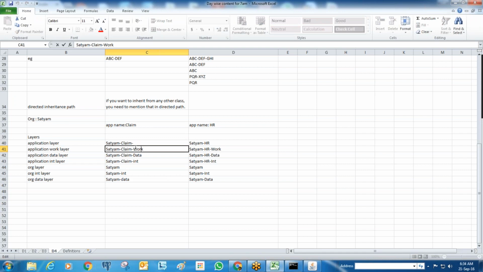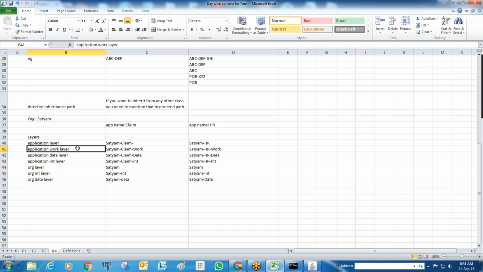Here also it's the same. The work layer. We have three layers, which are basically defined for different purposes. A layer is nothing but a class structure, pointing to one class only. It's not a different thing. Earlier, in Pega 5 and 6.1, we didn't have this layer concept, because after all it's a class, so we could name it in another way as well. But by default, whenever you create a new application in Pega 7, these layers will be automatically created. You don't need to create them manually.